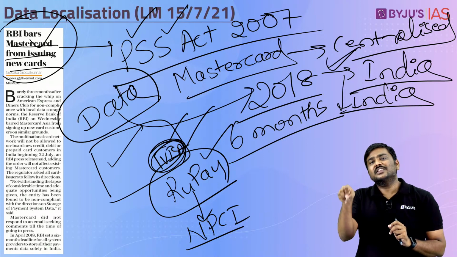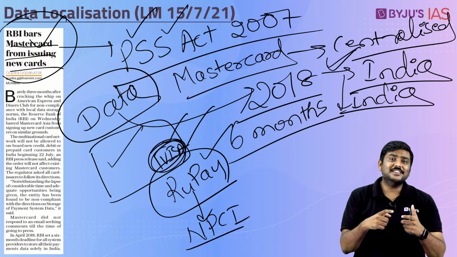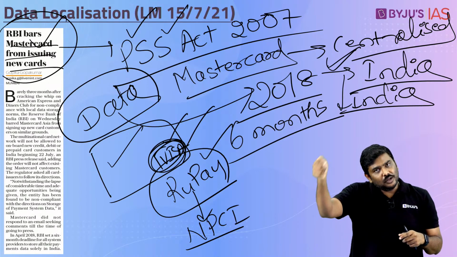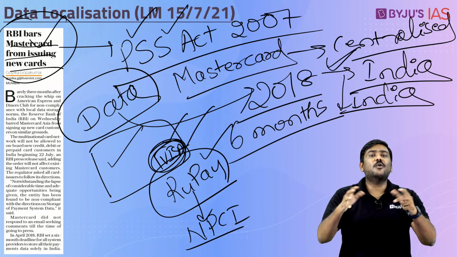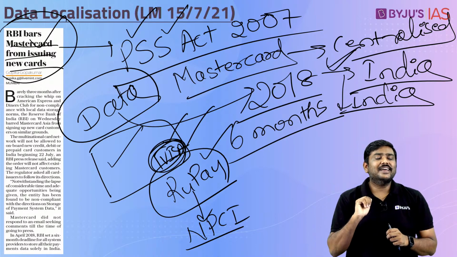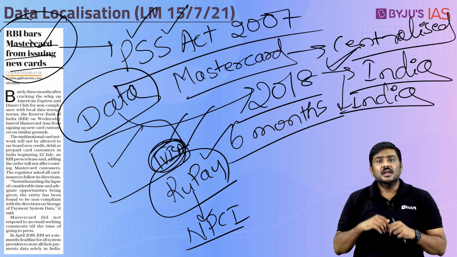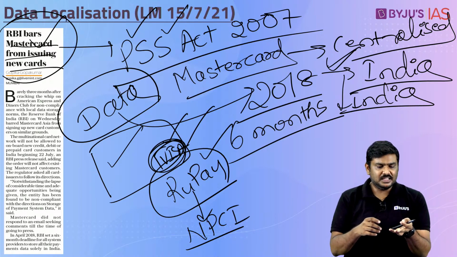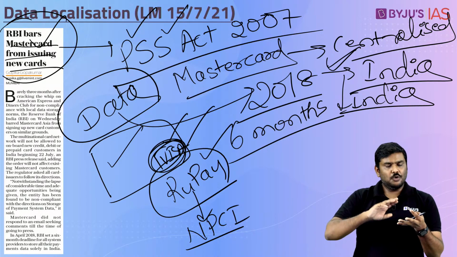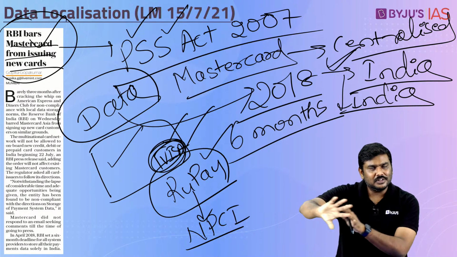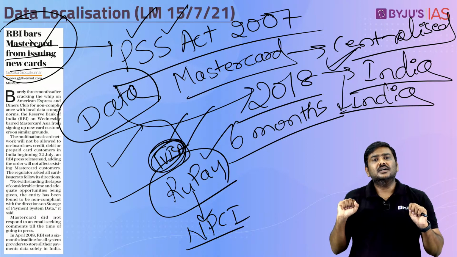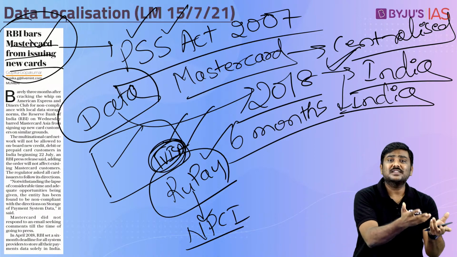But much more concerning for these foreign entities is, what if India is just a starting point? What if other countries follow the same suit and simply say they will have to store the data within their respective boundaries only? That will create much more problems for these kinds of companies. Next, a much more concerning impact is this: I simply said that the majority of the market is between Visa as well as Mastercard, and both of them are not Indian entities. Now Mastercard has been pushed out of the system, or for the time being, until the ban is lifted, it cannot operate in the market. So who else is left out? Visa is left out, RuPay is left out.